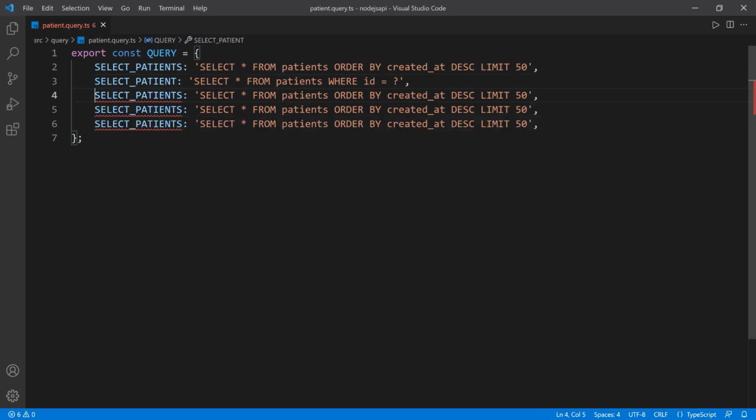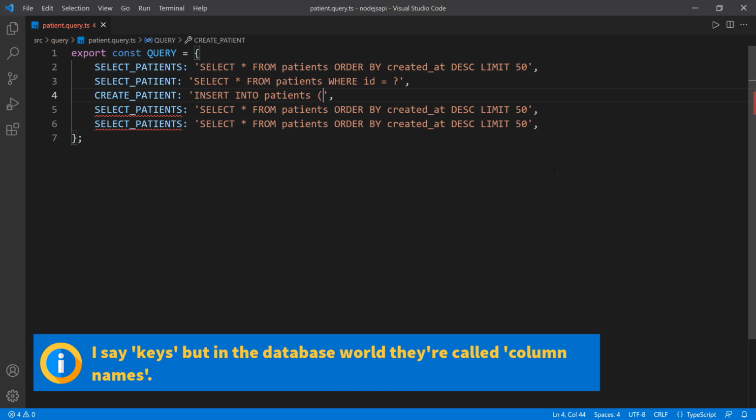And then I'm going to change this to CREATE_PATIENT. So I'm going to change this string to create patient, so remove the S. And this is going to be an INSERT statement. So I'm going to remove everything in here, and then I'm going to say INSERT INTO, and then the patients table. So patients. And then we're going to pass in the keys and then the values. So the keys are going to be first_name, and then last_name,